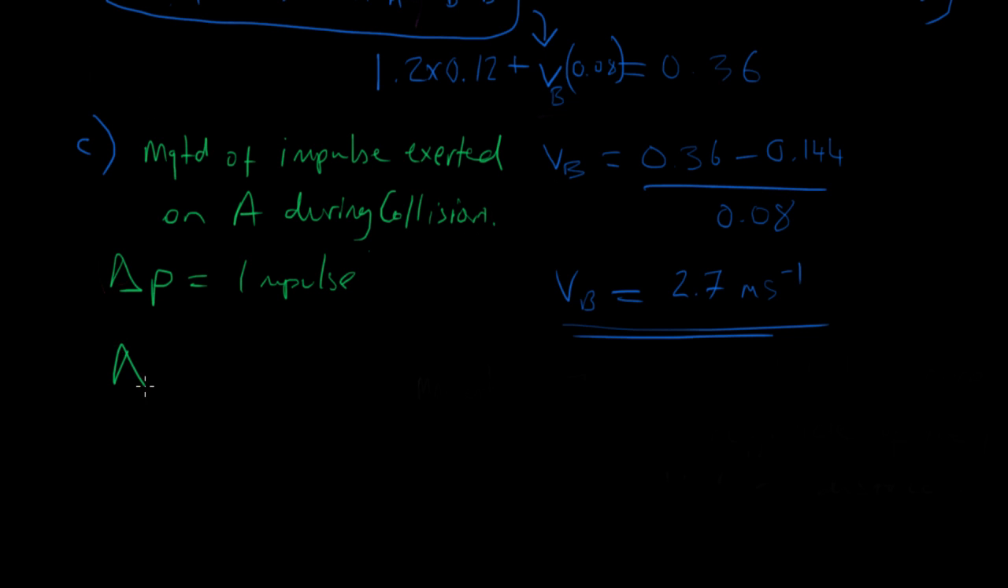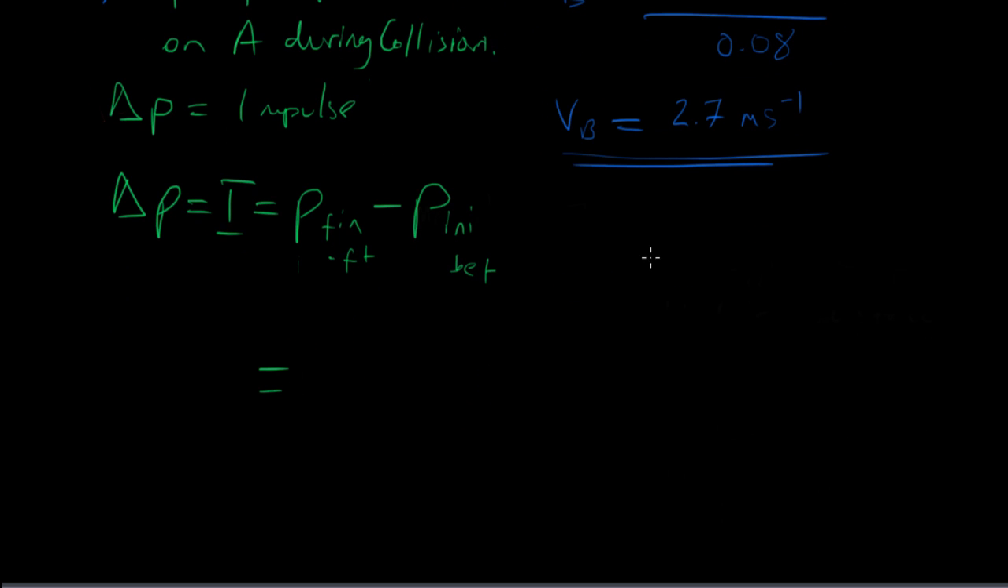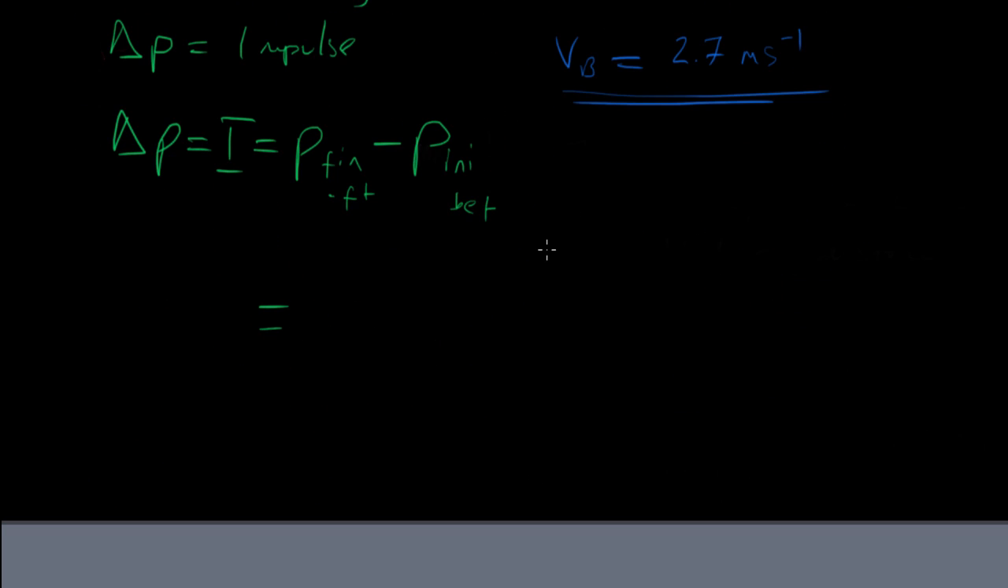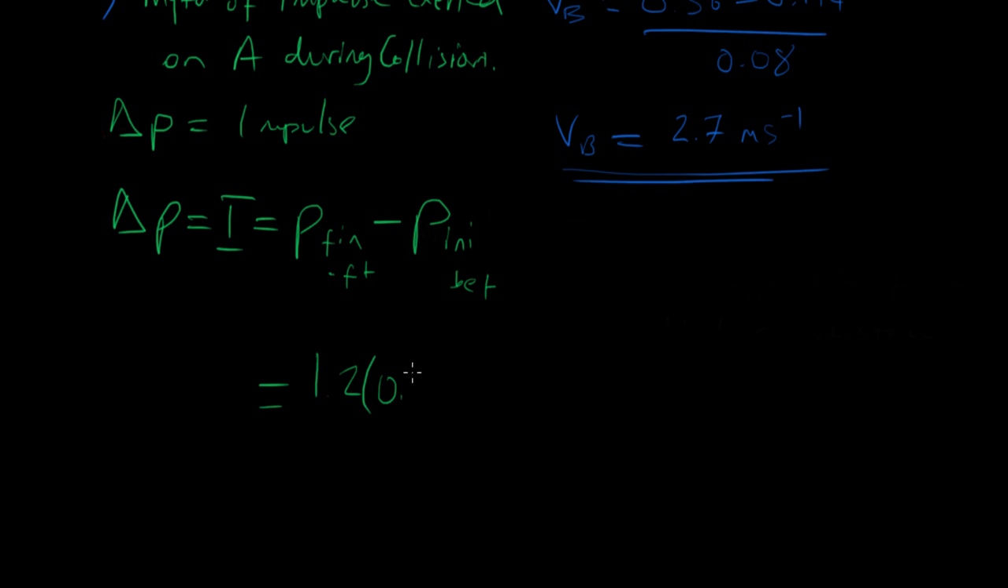So change in momentum is equal to impulse, which is equal to momentum final minus momentum initial, or momentum after the collision minus momentum before. Momentum after the collision is of A, not B, that's B. So A, the velocity afterwards was 1.2 times the mass, which is 0.12, and the momentum before was the velocity before, which was 3, times the mass again, 0.12, right? But what's important here also to do is that the final momentum is